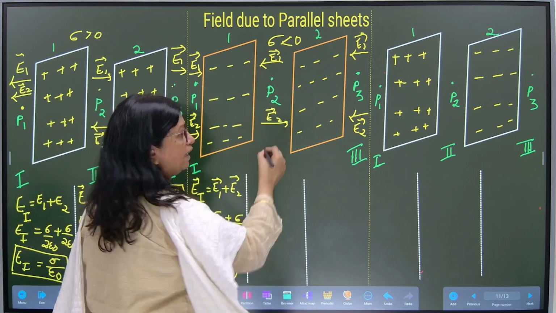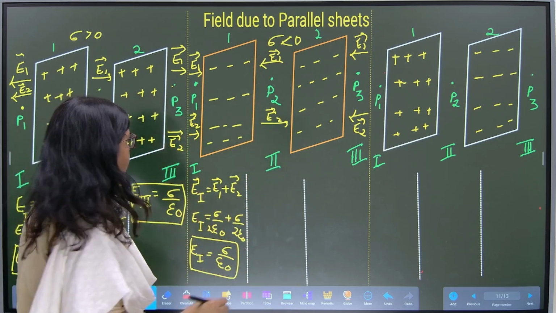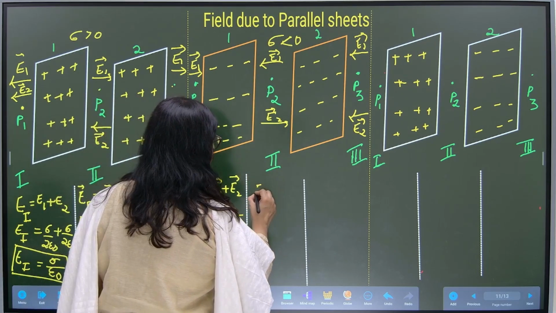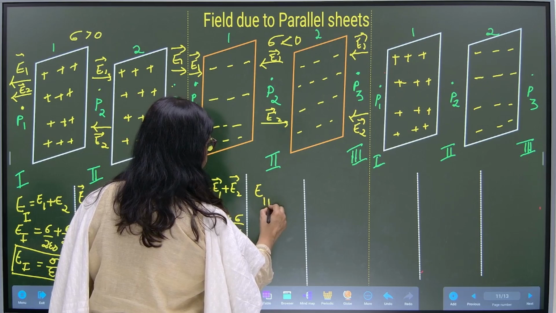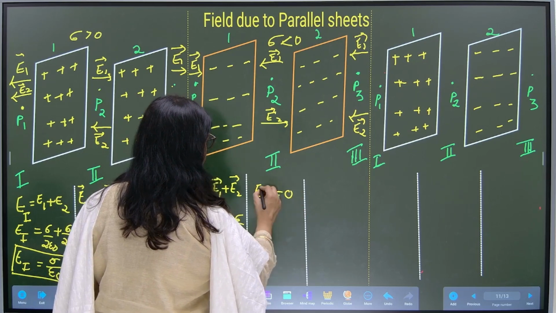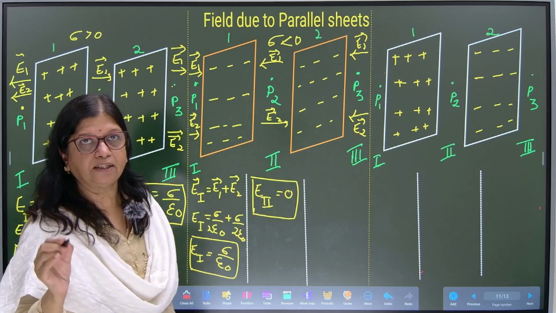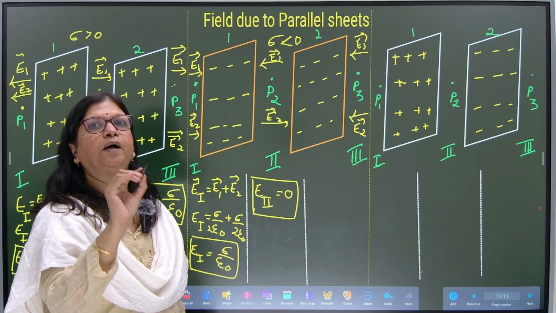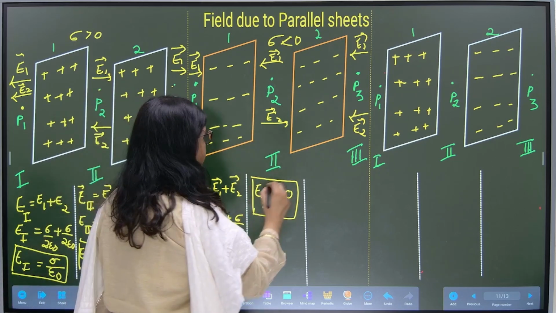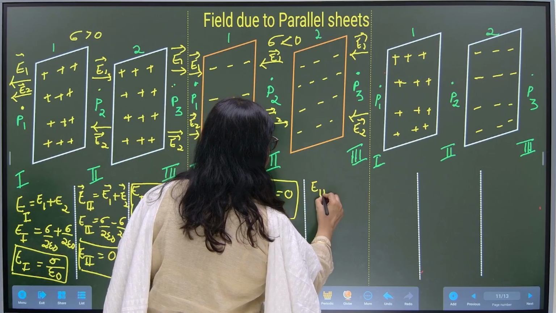Here you can see E1 and E2 are in opposite direction. So E2 is equal to 0 because E1 and E2 are in opposite direction and their magnitude is the same, sigma upon 2 epsilon naught. Similarly, E3